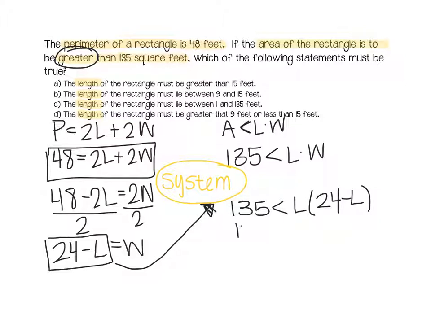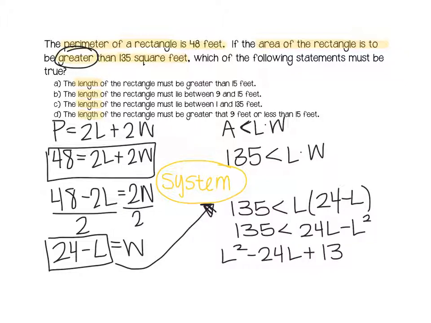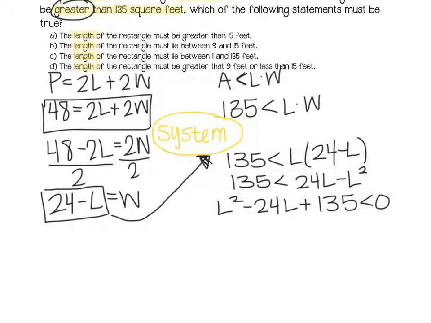I'm going to multiply that out. 135 is less than 24L minus L squared. Now I'm going to move everything to one side, and I have L squared minus 24L plus 135 is less than 0. Okay, I now see that I can factor. And when I factor, I know that I'm going to get L minus 9 times L minus 15 is less